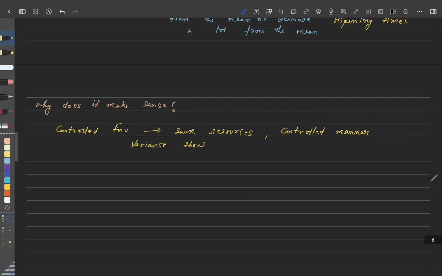Variance should be small because they all would ripen around the same time, right? And that time would be very close to the mean. So the deviations would be small and so the variance would be small, correct? Right? So small deviations, small variance. I should say small and consistent deviation. On the other hand, tomatoes, when grown in an open field, okay,